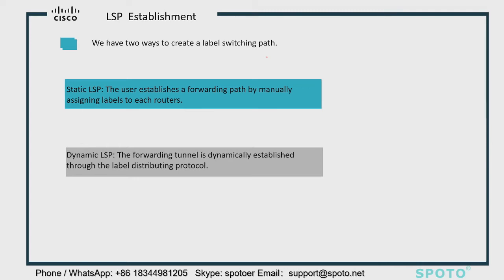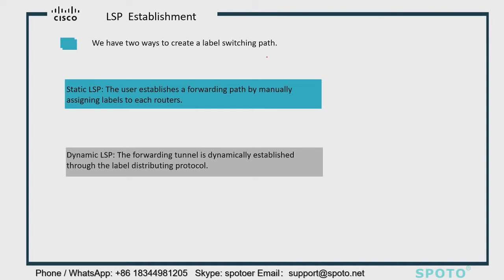So this is called the static. Just like the static routing table, when you're trying to configure the static routing table, you need to use the command, just like the IP route static, and then you need to configure the destination IP address and the destination IP address mask length, and then next you need to configure the outgoing interface or the next hop IP address. So this is the static,